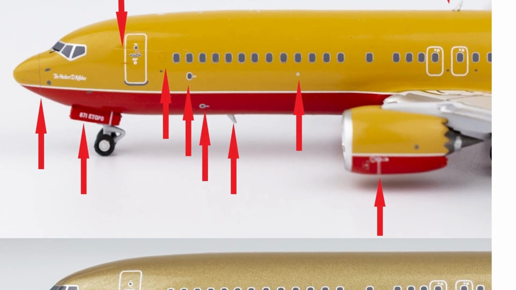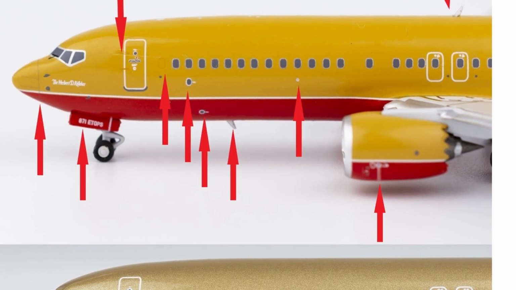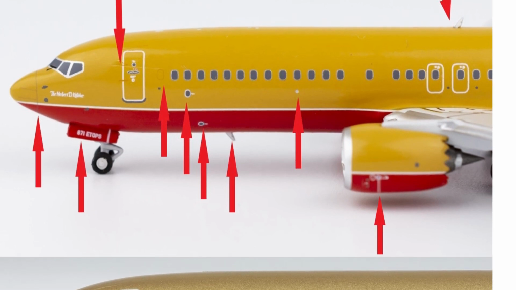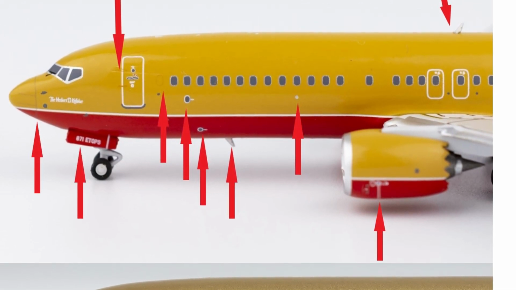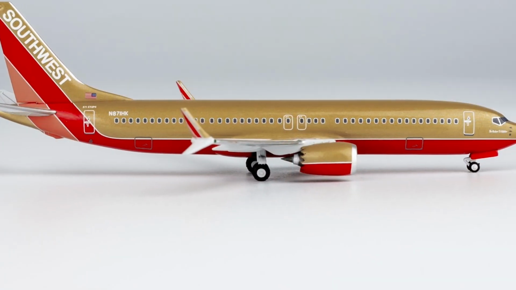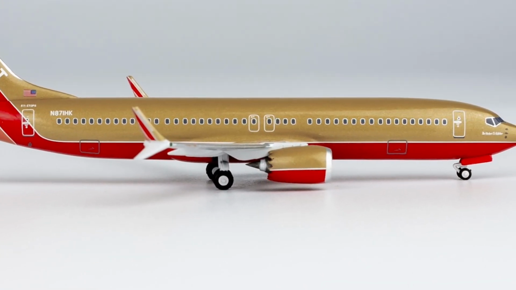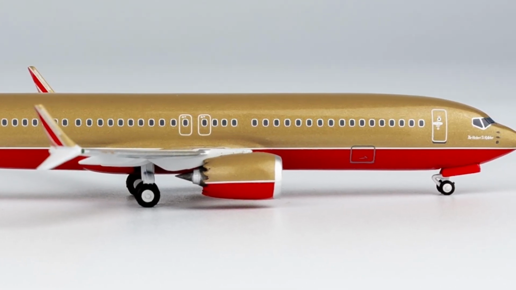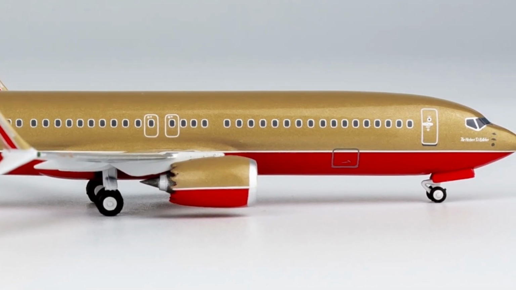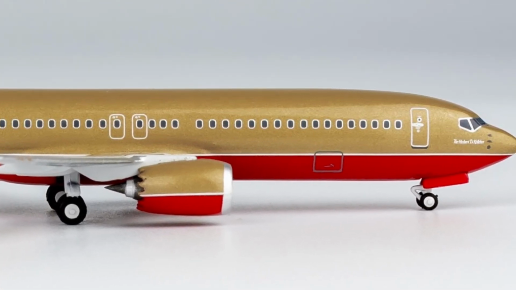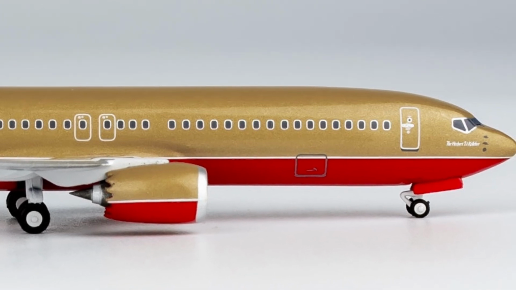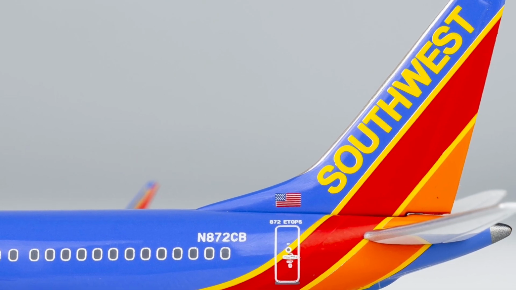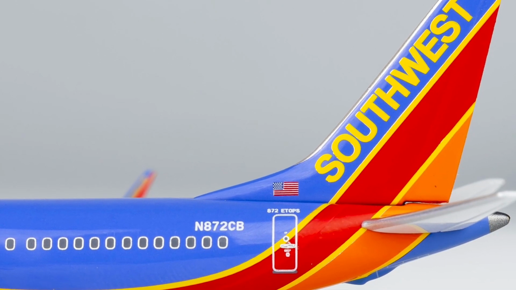But as I say, the print itself still looks pretty good, and the things that are remaining still have plenty of detail on them. The emergency exits and the doors themselves, the cockpit windows, the printing there is still the same quality. And it kind of gives the model overall an appearance of maybe like an Aero Classics release. If you collect Aero Classics, you'll know their printing detailing isn't as strong as other brands, partly because the owner doesn't like it to be that strong. He doesn't like radome lines. He doesn't like aerials. So this kind of almost looks a bit Aero Classic-y, but